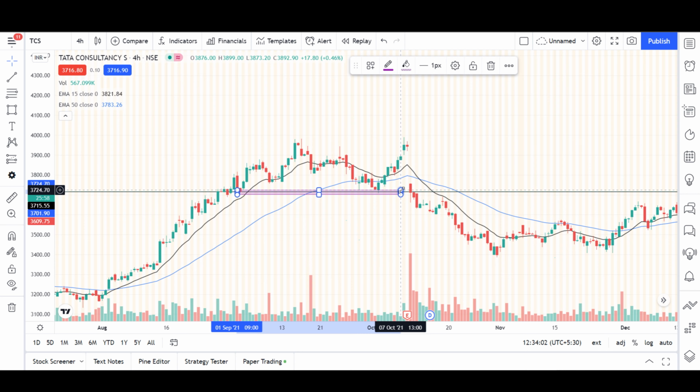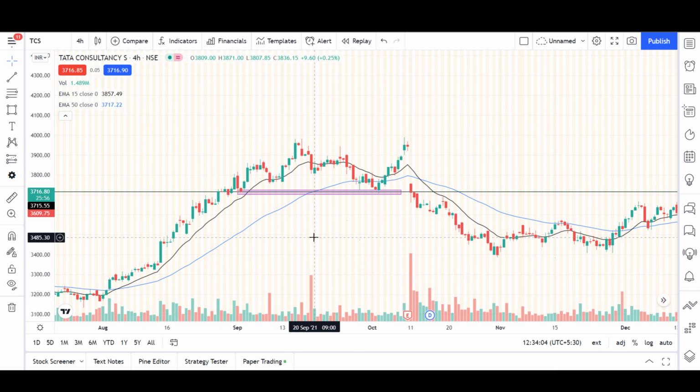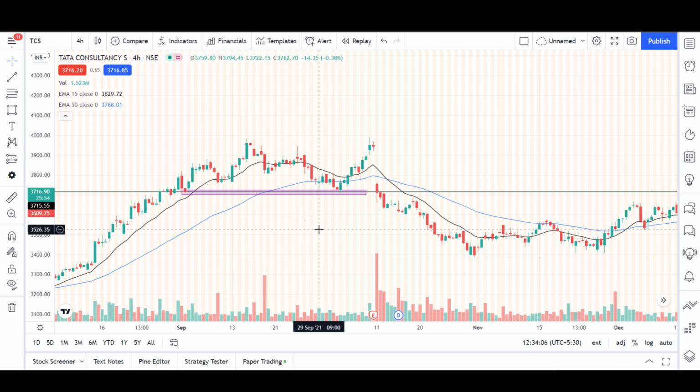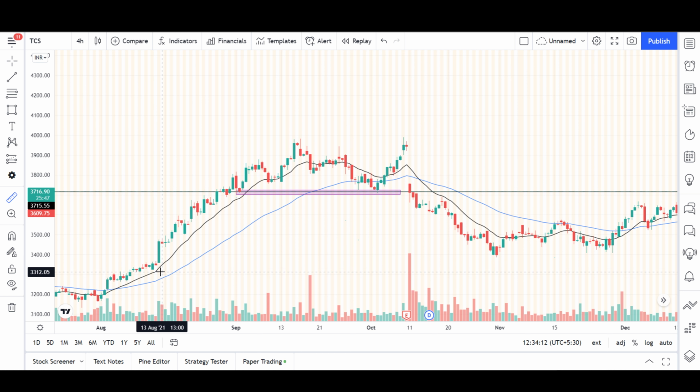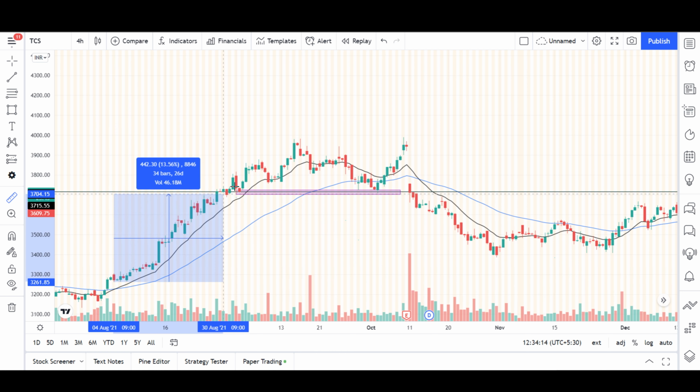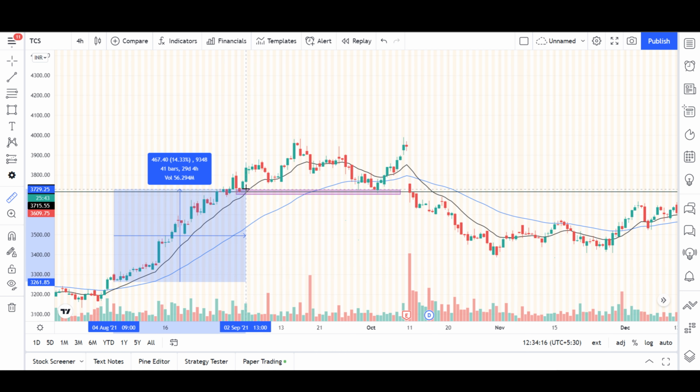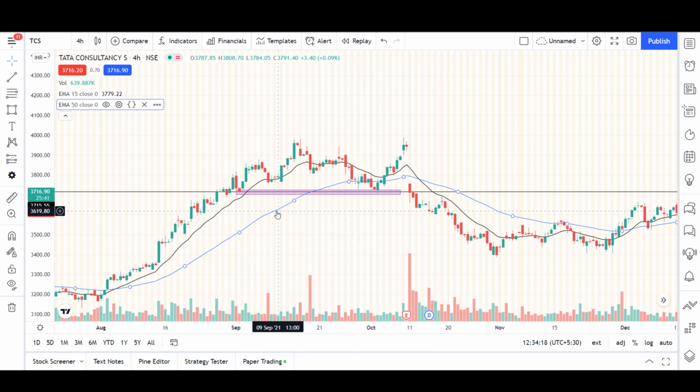It completely depends on you as a trader. If you've achieved your target of, let's say, 10 to 15%, we entered somewhere here, and over here we achieved around 15%. So as a trader, if you can see that your target is being achieved, you can exit. But if you want to continue, if your holding period is longer, then you can obviously